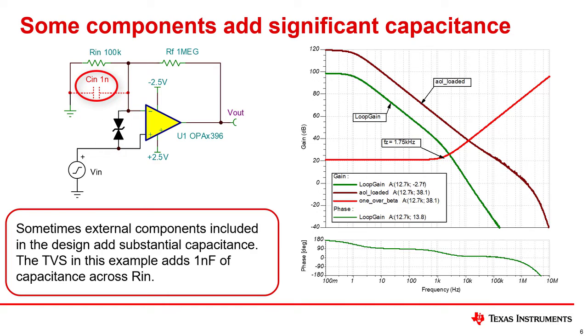The combination of relatively large impedances and a large input capacitance creates the zero in 1 over beta as we saw previously. In this example, the zero is at an even lower frequency, so the stability problem is even more profound. This stability problem can be corrected by adding a pole into 1 over beta. Note that the phase margin for this circuit is 13.8 degrees, so it has significant stability issues. Let's zoom into the part of the curve where 1 over beta intersects AOL and consider the impact of a pole.